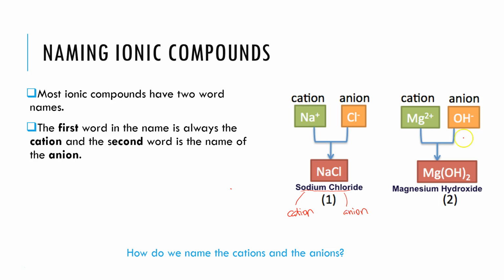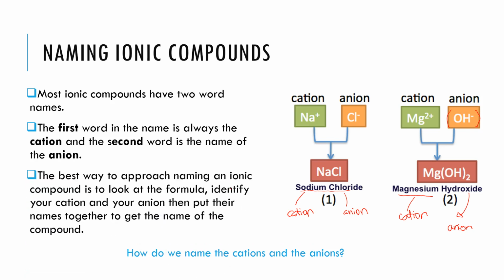Okay, and then if we look at our magnesium hydroxide example, even though this is a polyatomic, so we've got more than one atom forming our anion, we have our magnesium cation first. So our cation, and then we have the hydroxide, which is our anion second. So the best way to approach naming an ionic compound is to always look at the formula, then identify the cation and your anion, and then put their names together to get the name of the compound. So if we look at something like